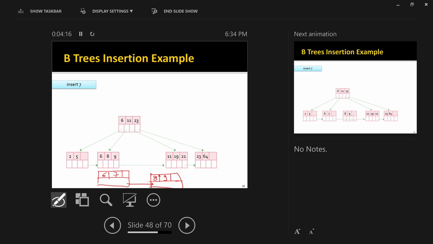So what I need to do now is take this 8 and copy it up. Copy it up. So I'm trying to copy up 8 to here. I cannot do this because this one is full. And what I will need to do now,